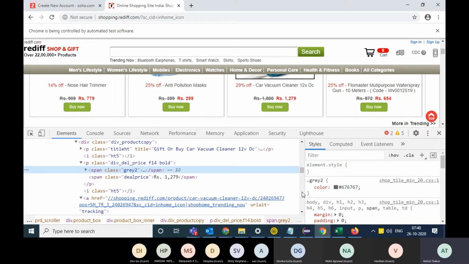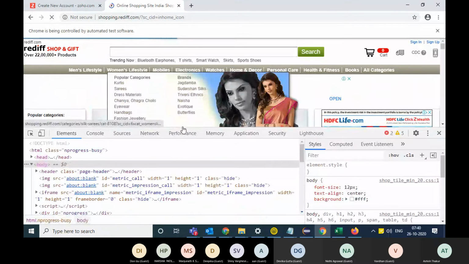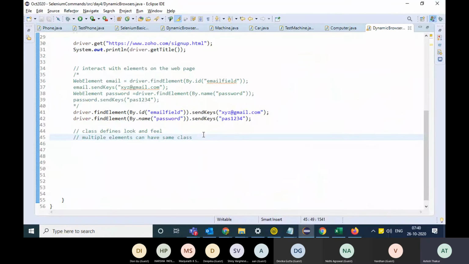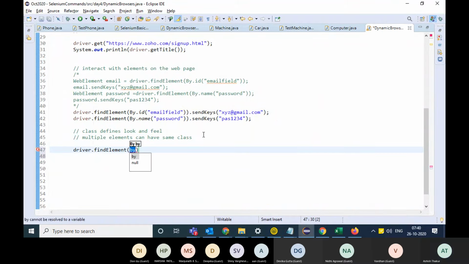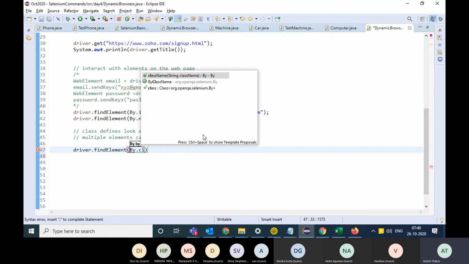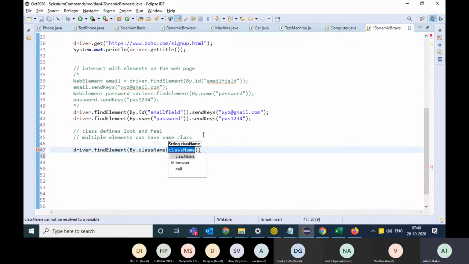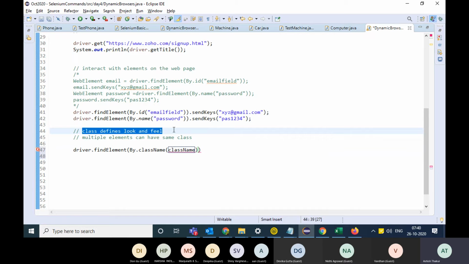Okay, right. So anyways, that's not my motive. My motive is to tell you that there is something known as driver.find_element by the class name option as well. But you have to be very careful, and I avoid using this option because obviously class name is not unique. Sometimes you get unique class names as well.